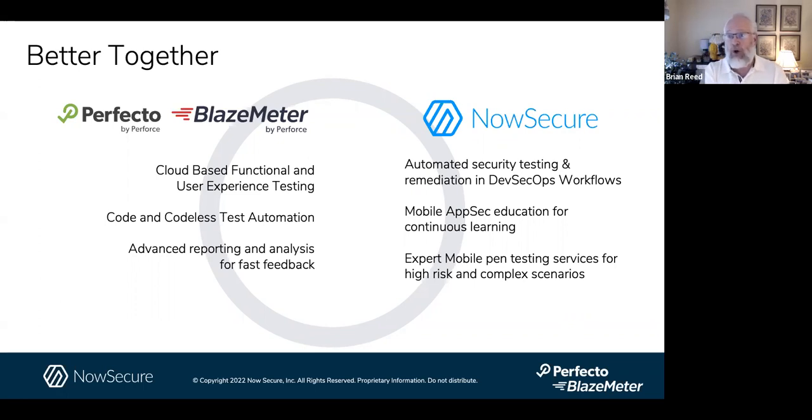It's a holistic approach that combines automated testing in the pipeline with the odd guided test or pen test when you need it. It's education to really get your stakeholders performing at a higher level and writing secure code. And it's leveraging external expertise to raise the bar within your own organization, right? So you combine the right combination of people, process, and technologies here for mobile, just like every other thing, and that's how you get your 5-star reviews.